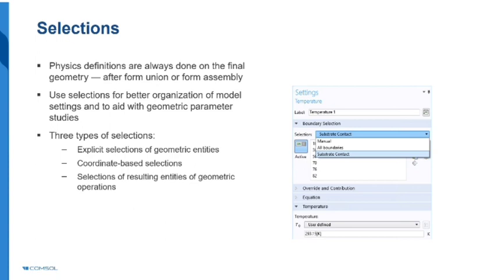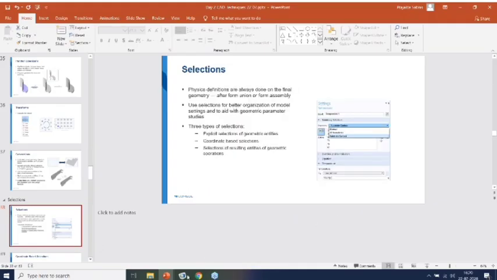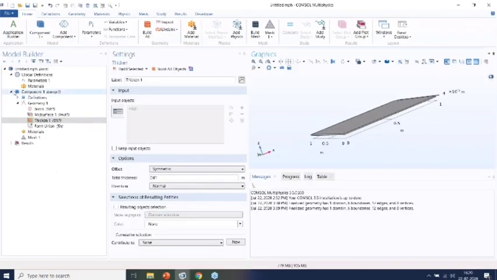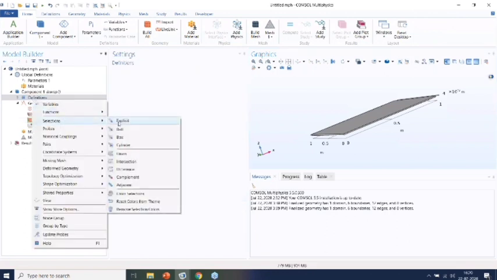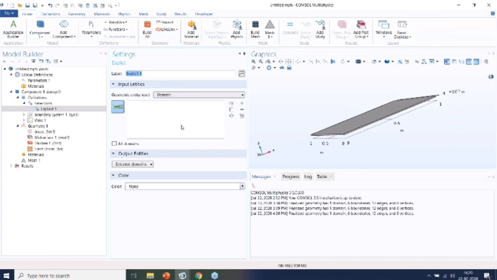In those cases, selecting those different boundaries again and again manually might be really very difficult. If you have created a selection, the selections can be accessed from definitions and selections. If you create those selections over here, then whenever you are applying any boundary condition,